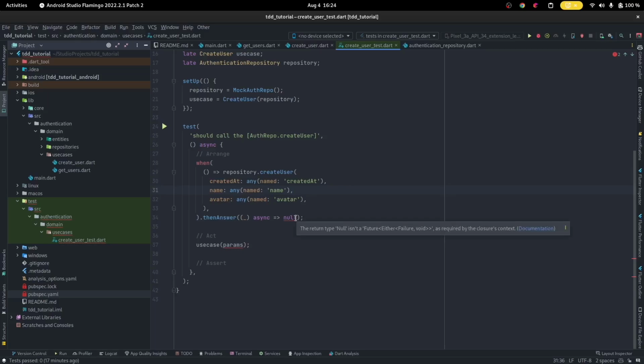Yeah. So you can see the return type is actually returning void, right? So the return type is not a future either value. So this doesn't just want one value, right? So we're expecting an either